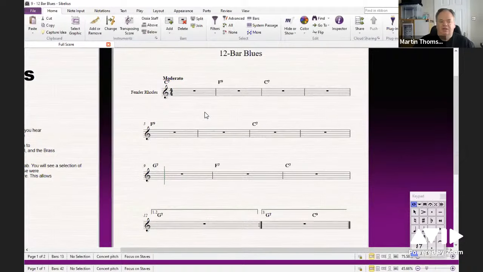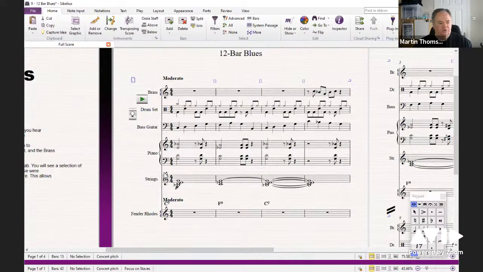Okay, so the thinking here is you've had a lesson with the students on the 12-bar blues, and they're all sitting at their Casio keyboards or MIDI keyboards, and you want them to play along with a backing track. So instead of having the same thing happening over and over and over again, you can add some different things into each playthrough. And I've done that. If I focus on staves again,